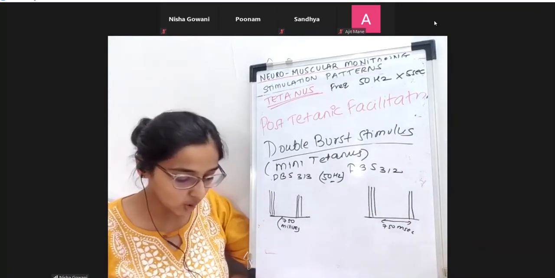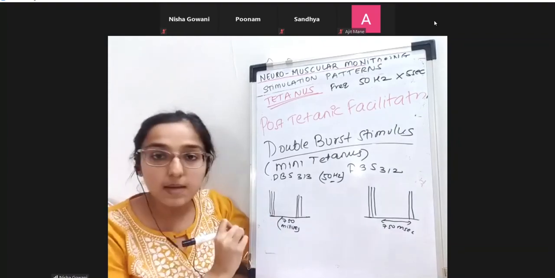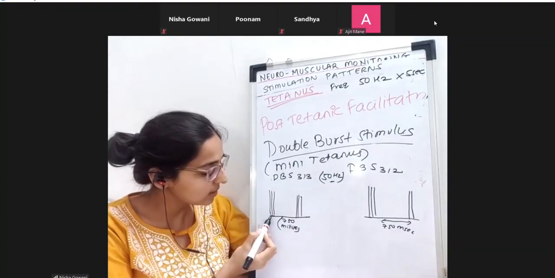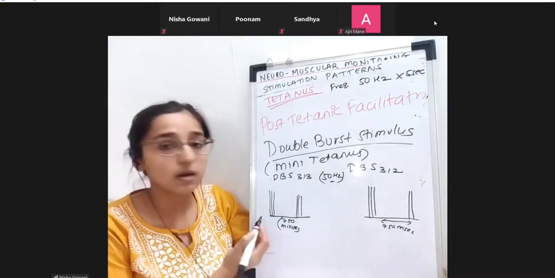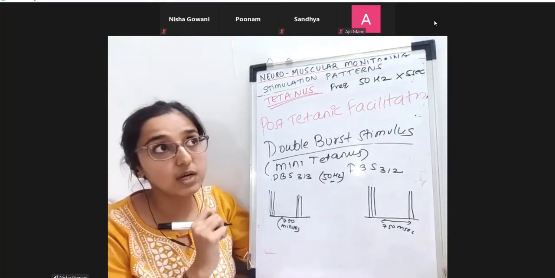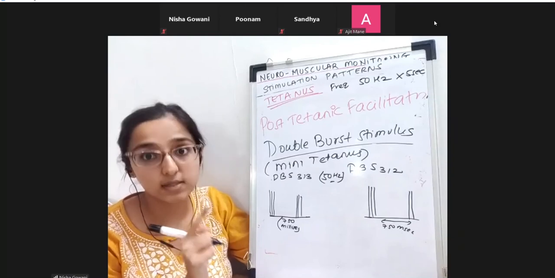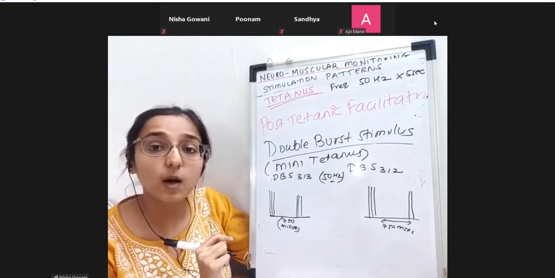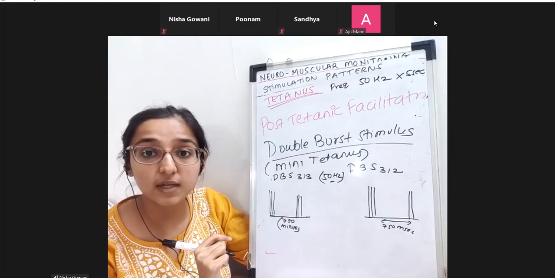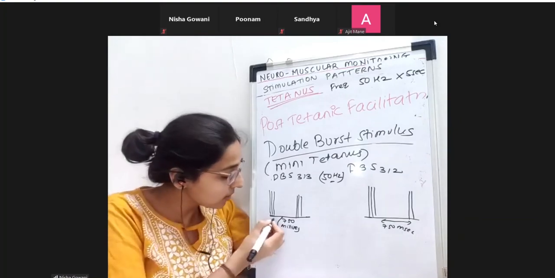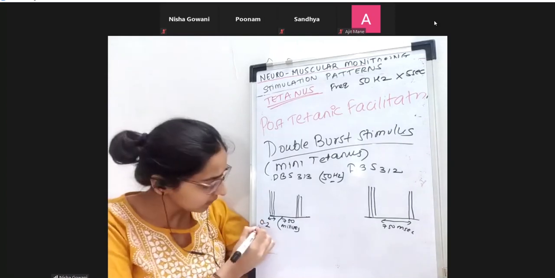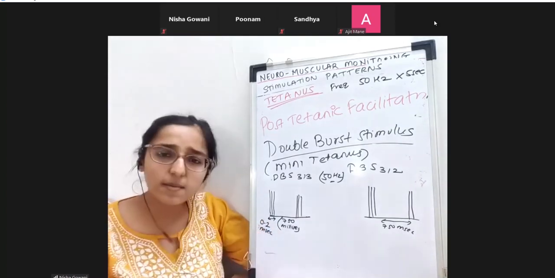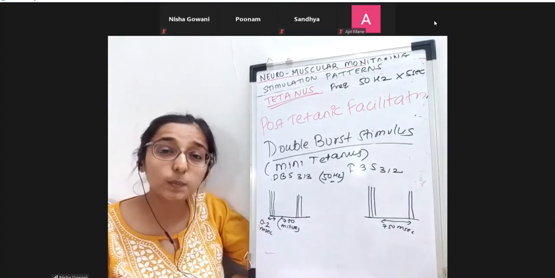Okay. So you will ask me, ma'am, you're giving 50 hertz speed, but how much duration are you giving it for? Okay. What do you understand by 50 hertz? 50 hertz means 50 times in 1 second. So you'll tell me, ma'am, how much time are you giving? 1 second, 2 seconds, 3 seconds, half a second? So I'll tell you, I'm giving this for 0.2 milliseconds. Can you imagine 0.2 milliseconds?